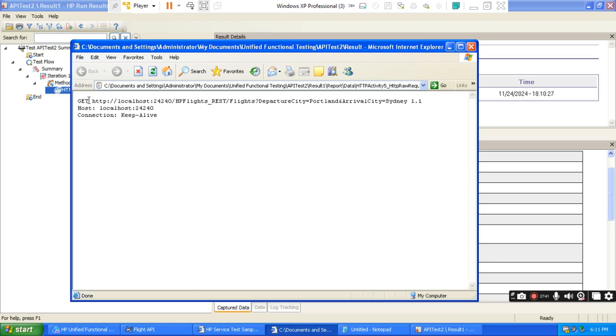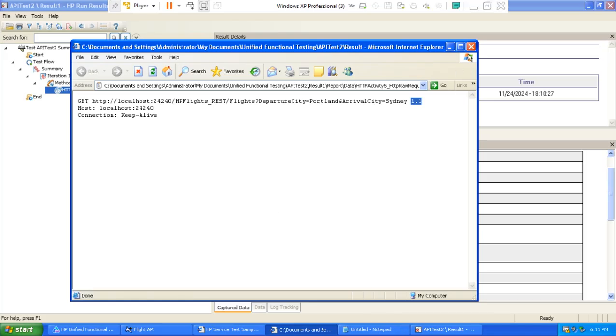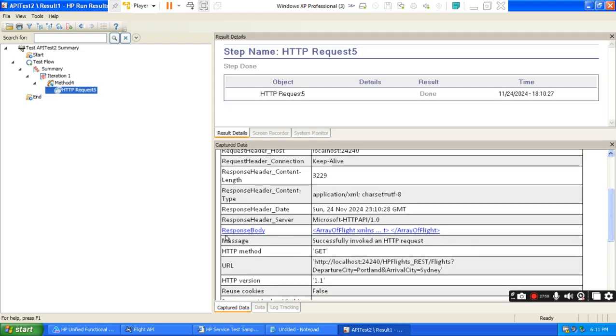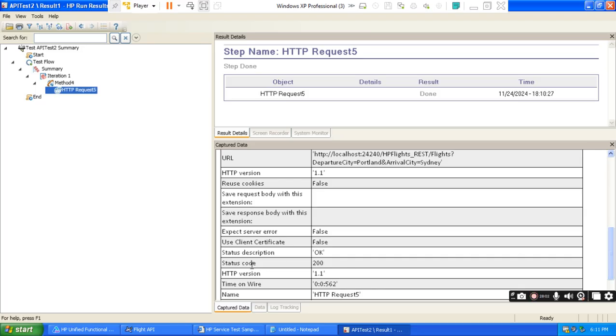So this is the information I sent. I sent the method type, I sent the endpoint, and the version. These are the three pieces of information I sent. Now, what did the API give me in response? If I go down, this says, in response, first, normally we